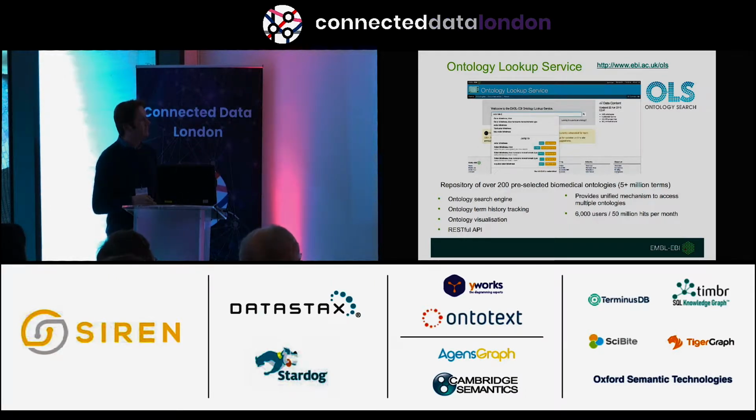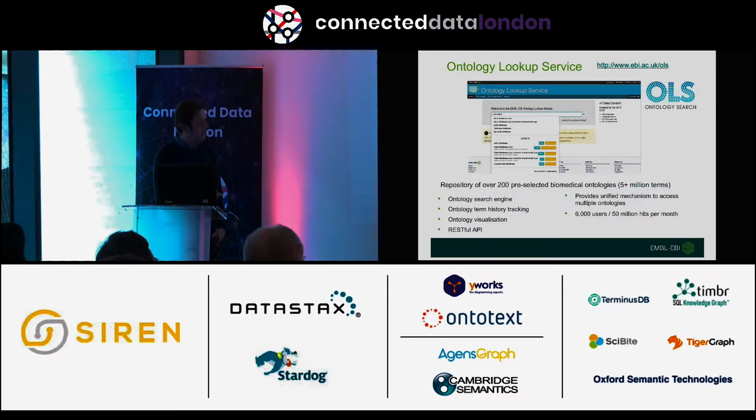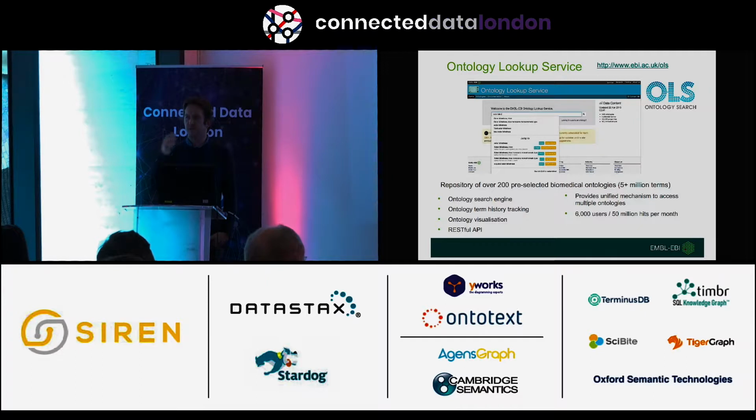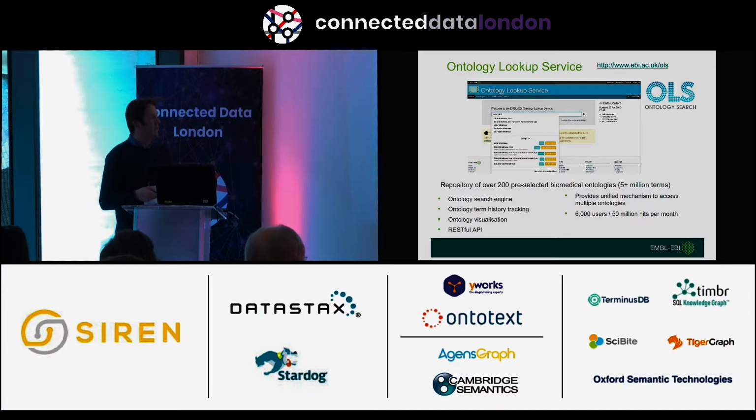So this is a repository now of around 200 pre-selected ontologies. We curate the actual ontologies that are out there and say, okay, these are the set that are relevant for data at EBI. There's around 5 million ontology terms in there. Like I say, it's primarily a search engine, so it's about just discovery of terms. We do ontology tracking, so every night we're polling all the ontologies, looking for changes so that you can see how ontologies are changing over time, or if terms have been deleted, or if they've been replaced.